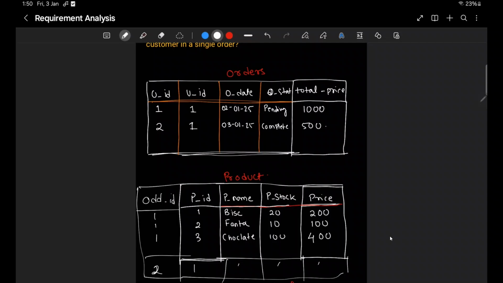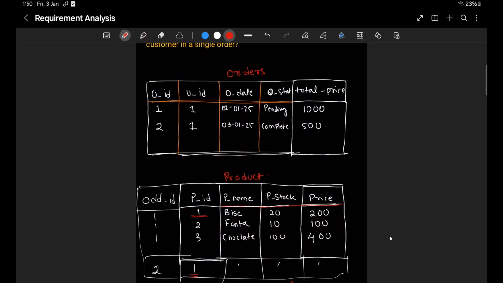It would mean repeating each product for every order. This repetition would create a lot of redundant data and make it harder to manage.